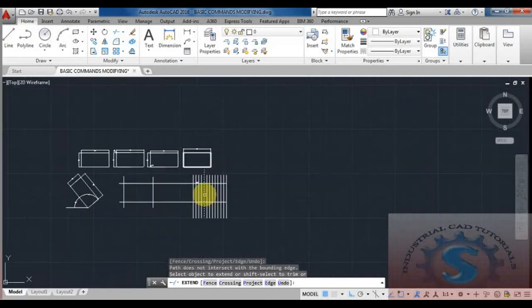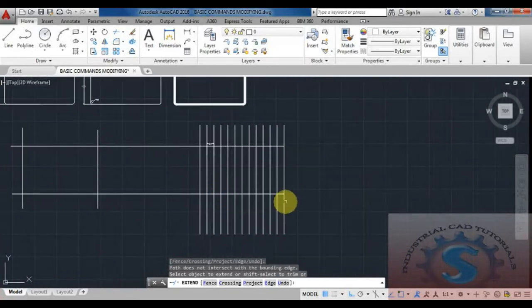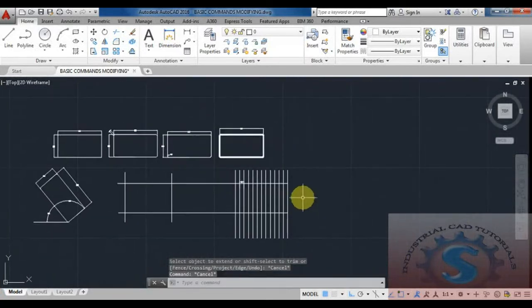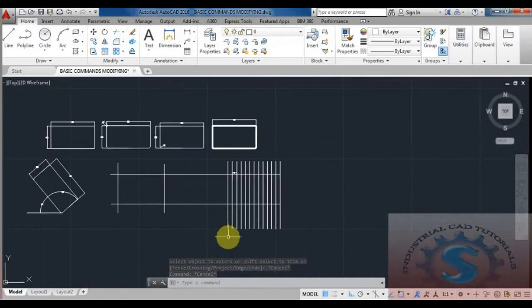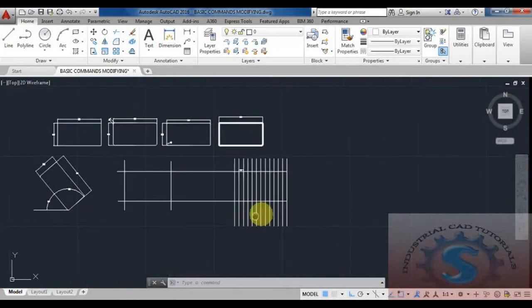According to the drawing, you can perform all the operations. In this video, I covered the rectangle command, the offset command, the extend command, and the trim command in different operations, and the types are also explained. This is the basic